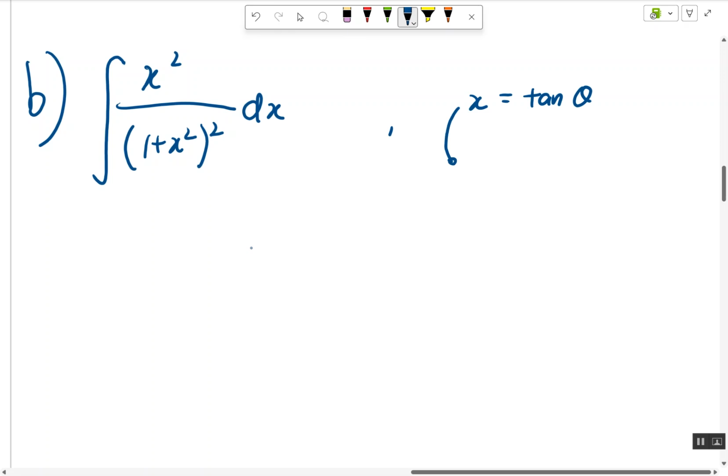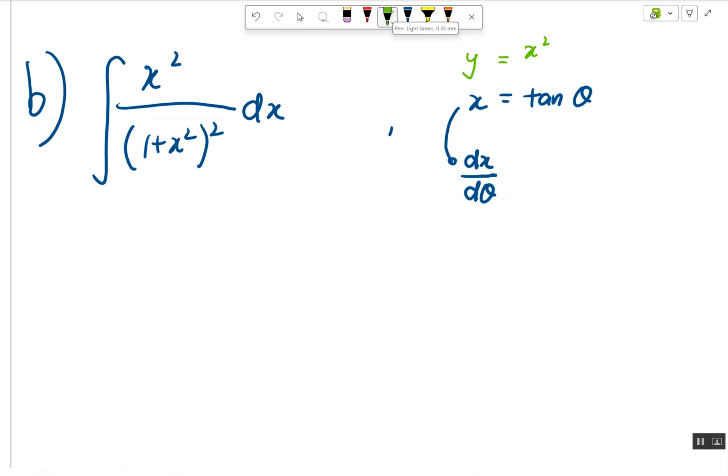Now when you differentiate this, it becomes dx over d theta, because x is on the left side. On the left side, it is like a y. If y equals x squared, when you differentiate y, it becomes dy dx, right? So this is called differentiating x with respect to theta. That's why the notation is dx d theta. Differentiate tangent, you get secant squared